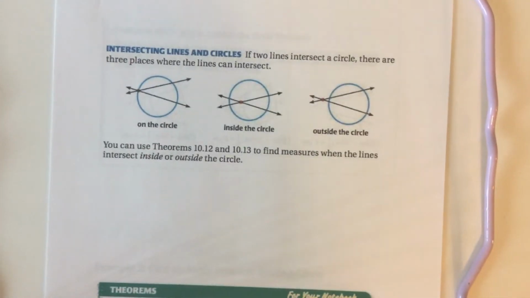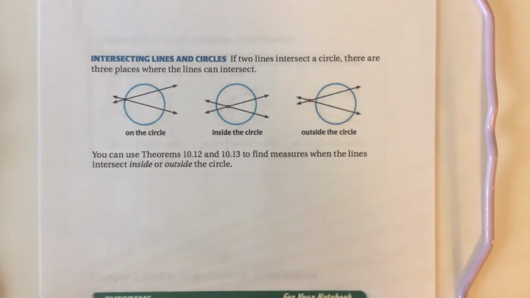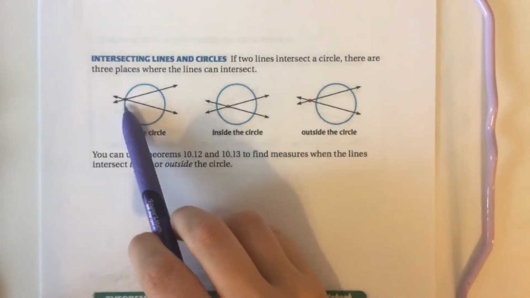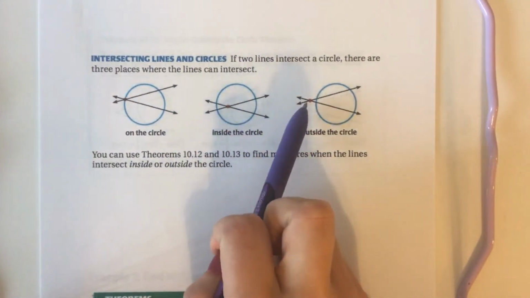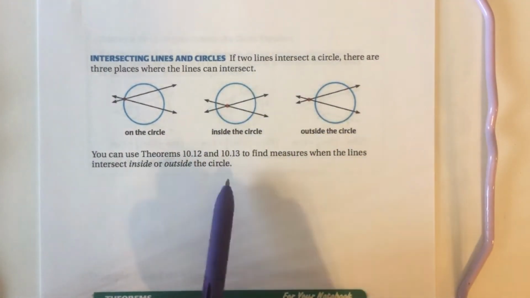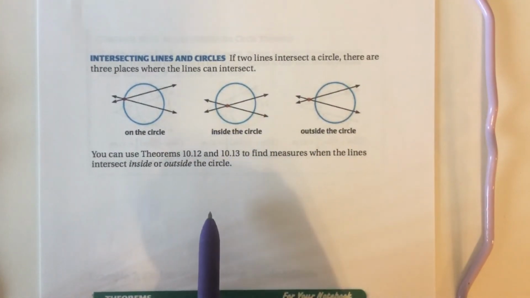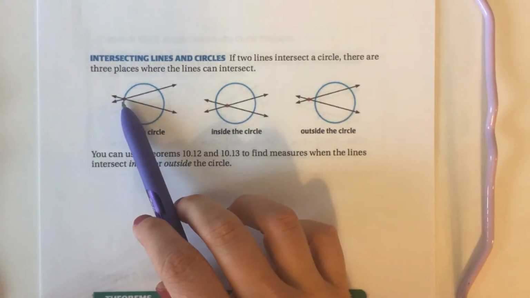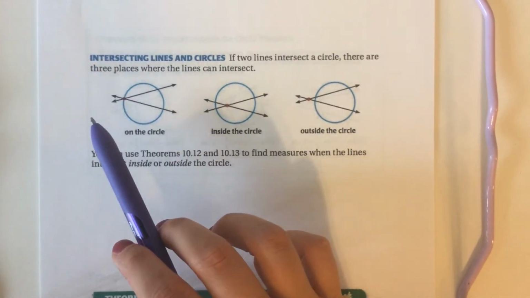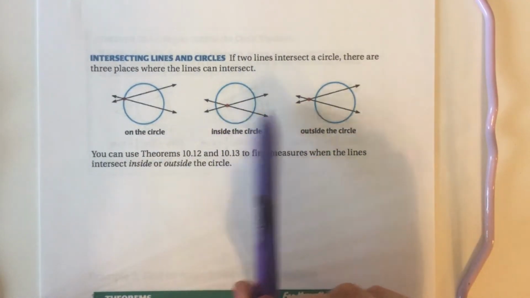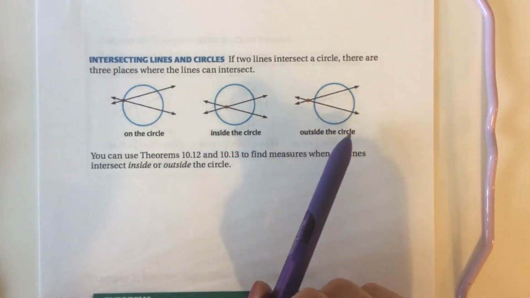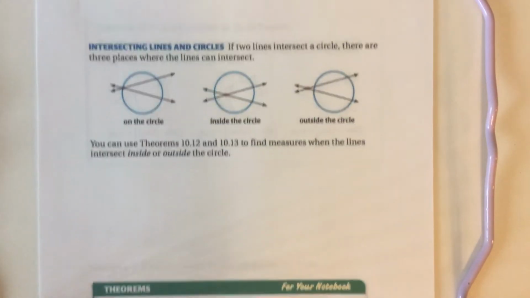Moving on, before we jump into our next theorem, let's think about this for a second. Intersecting lines in circles. If 2 lines intersect a circle, there are 3 places where they can intersect. They can be on the circle, inside the circle, or outside the circle. We're going to learn 2 theorems that deal with these different cases. When it was on the circle, that's what we've been working with: inscribed angles and our last theorem. Our next 2 theorems are going to cover when it's inside the circle and outside the circle. So our first one,